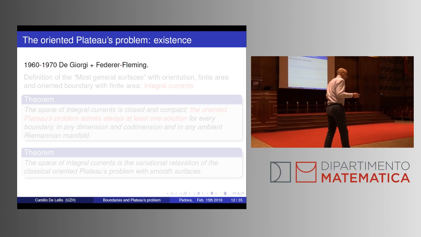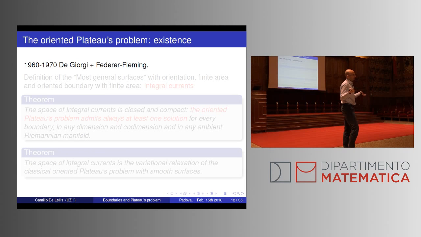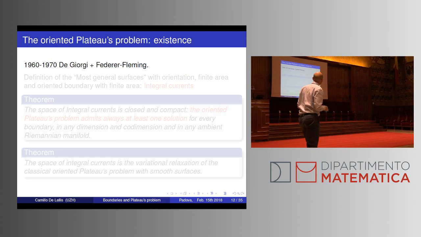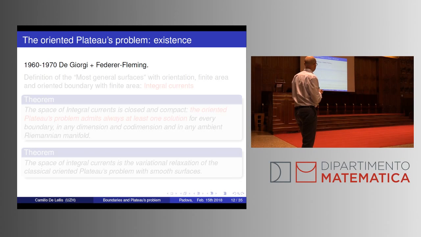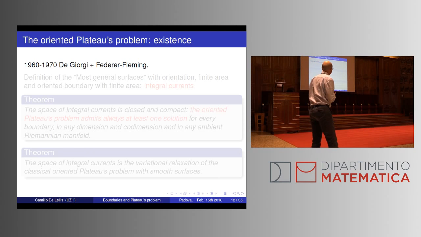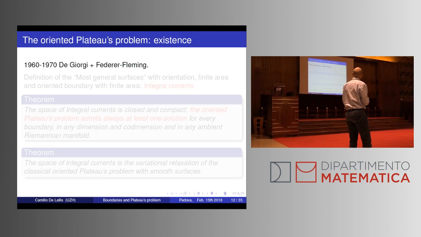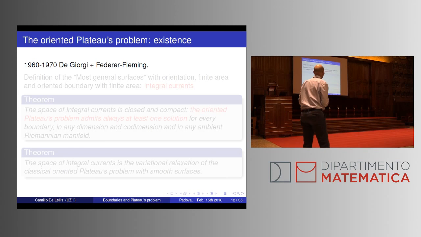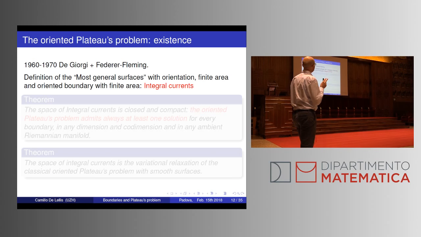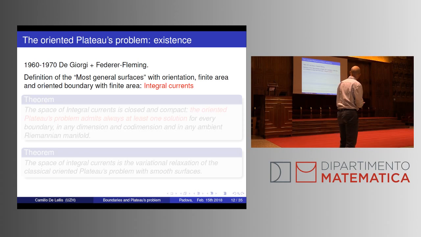Okay, so what have mathematicians done then in this situation? Back in the 60s and 70s, through the major contributions of three mathematicians, De Giorgi in Italy and Federer and Fleming in the United States, these mathematicians founded the theory of integral currents. So what did they do? They defined the most general surfaces with orientation, which have finite area and which have oriented boundary with finite